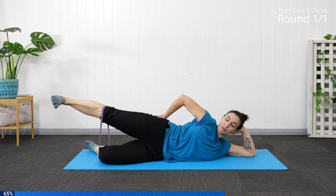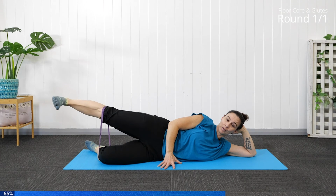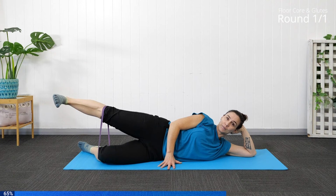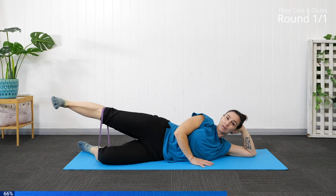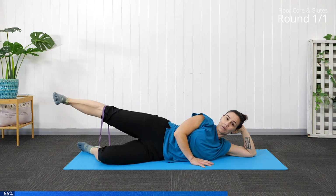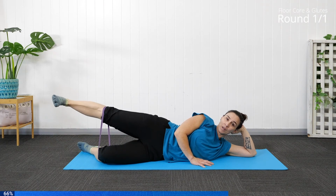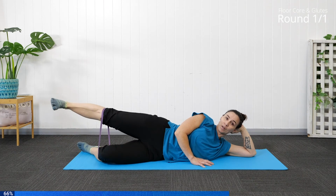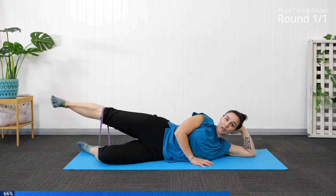Exhale 3 and down. Exhale 4 and down. Exhale 5 and down. Exhale 6 and down. Exhale 7 and down. Exhale 8 and down. Exhale 9 and down. Exhale 10